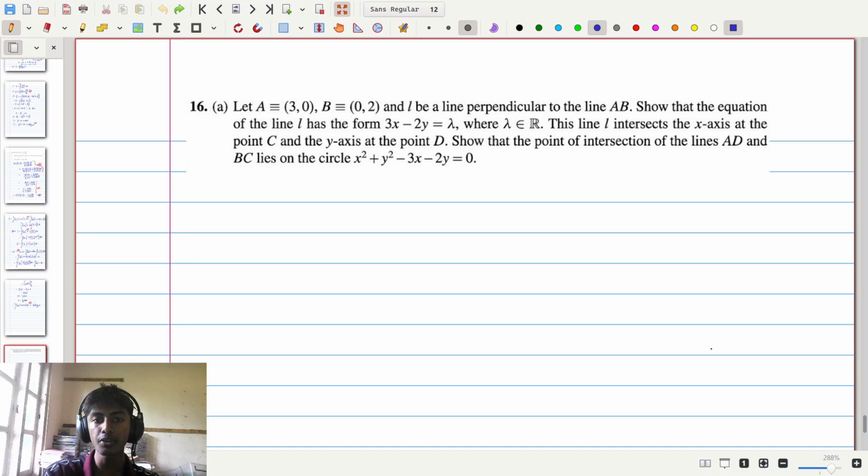Now to start off with this question, let's consider the line L with the points A and B. If the line L is perpendicular to AB, then if we multiply the gradient of L and the gradient of AB, we should get -1. Now using this, we can find the gradient of the line L by first finding the gradient of the line AB. So considering the gradient of AB,